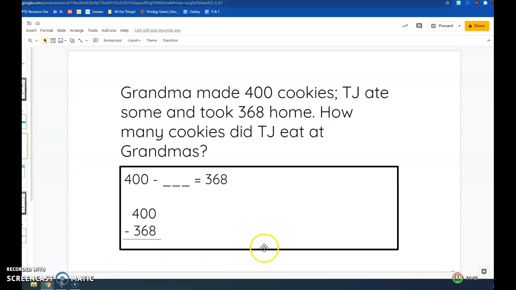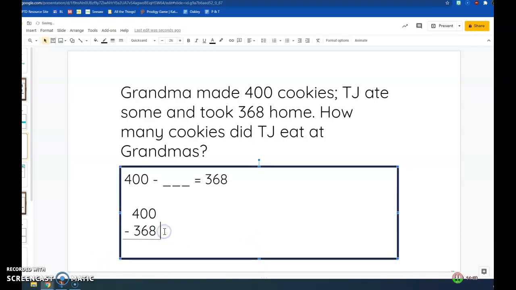All right, so Cadence, tell me, what was the answer that you ended up getting? Ooh, so Cadence is thinking 32. Does anyone else have a different